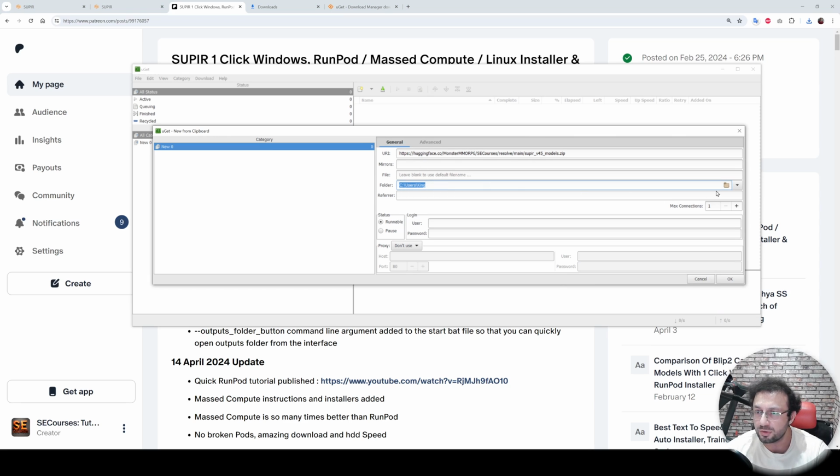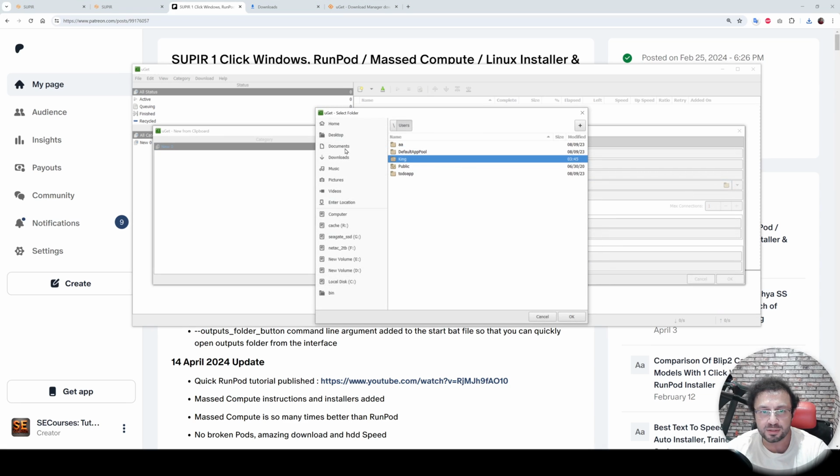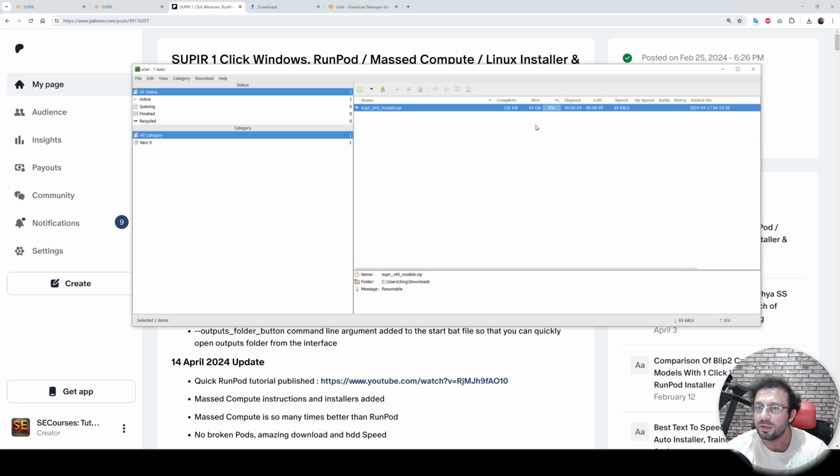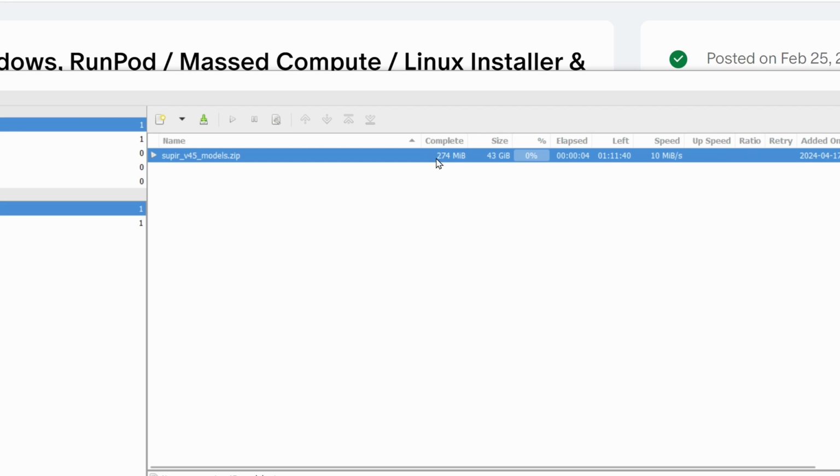Also, wherever you want to download, let's pick the downloads folder, for example, here. Okay. And you can set it to 16 connections to download faster. Click OK, and it will start downloading. UGET download is extremely high speed because it can start multiple downloads at the same time. It has a resume option and a pause option. You see, when I pause, I can click resume as well. To resume it, I think we click start. Yes, and it will start, and you see the download speed is amazing.